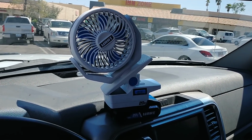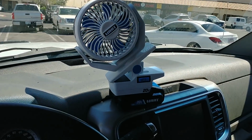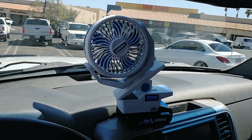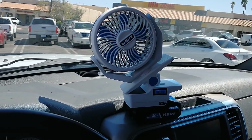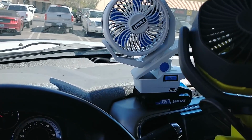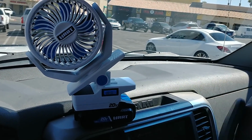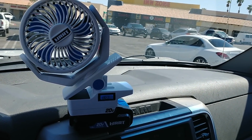Now, I will say this currently has the 4 amp hour battery on it because that's what we brought with us. That's got the 1.5. So that is going to kind of bias this. They're both good fans. They're also both $20. That's the thing is, which one do you want? Well, buy whatever system you're in. If you're not in a system and you're thinking about getting one of these,